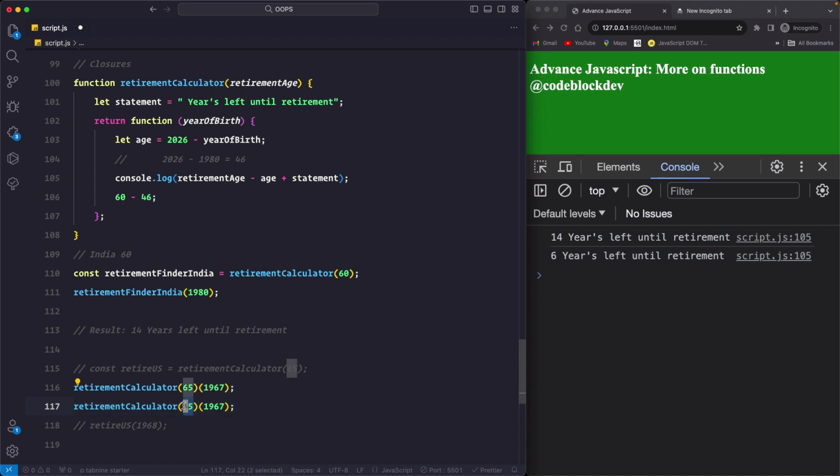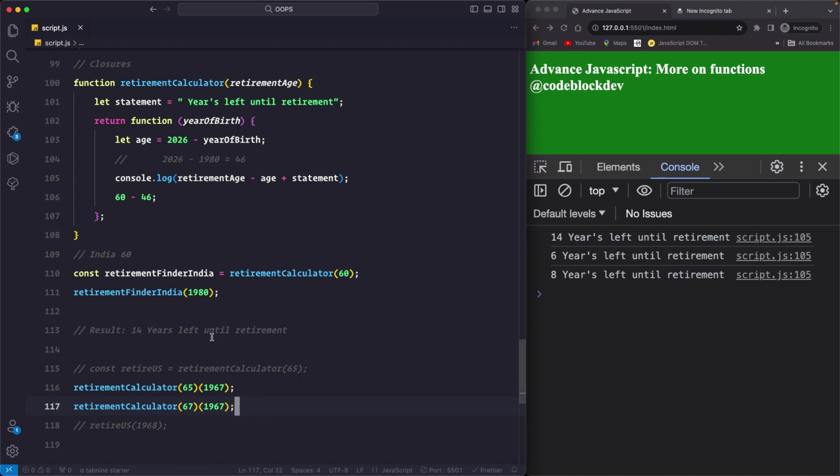In Iceland, the retirement age is 67, and if a person was born in, let's keep it 1967, then how much time in 2026 will they have left until they get to retire? So if I save, they still have 8 years of service left to do. After that they can retire.